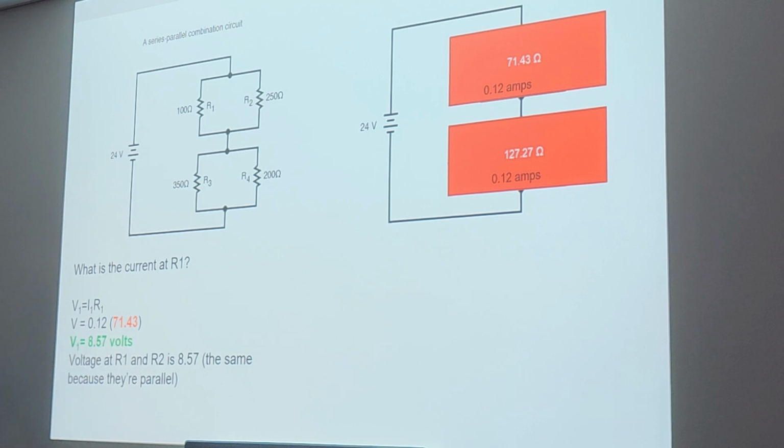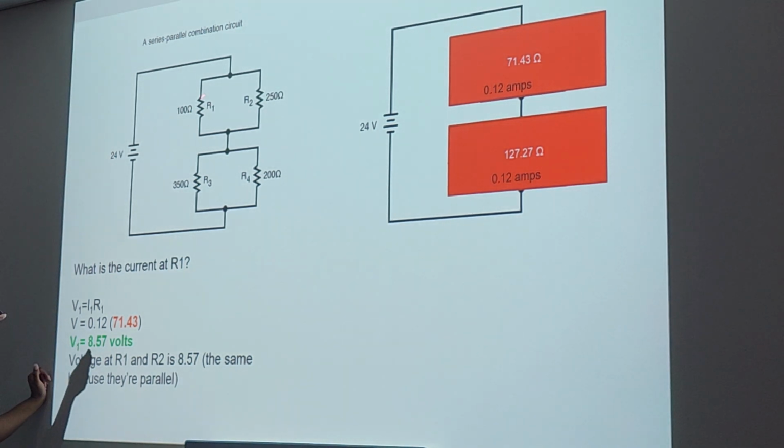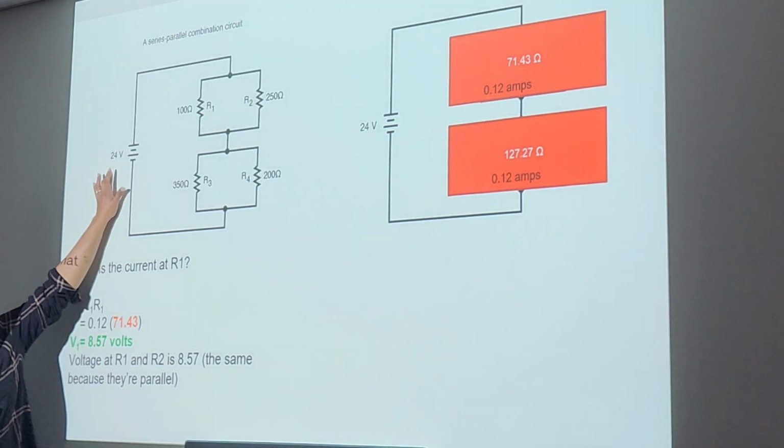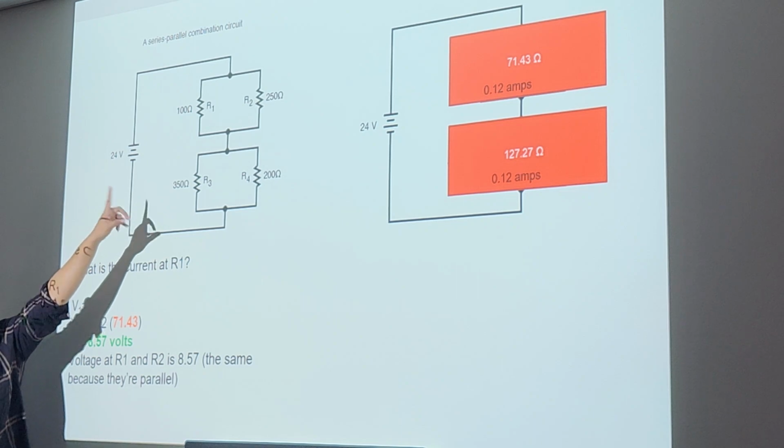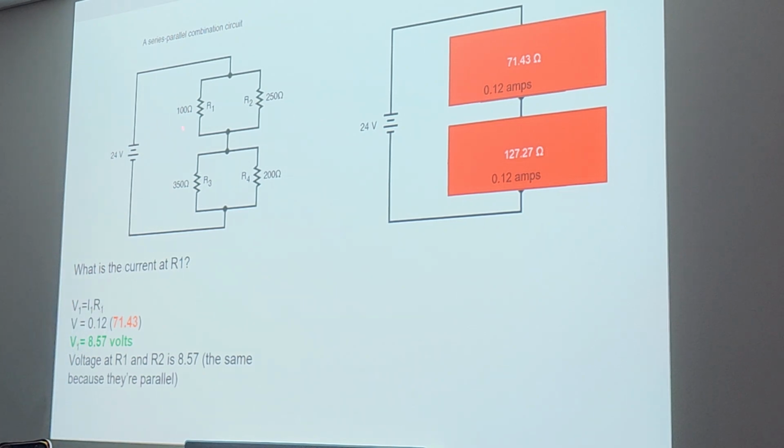And what is the current? Okay, I'll explain again. So we're asking you to find the current at R1, right? In order to find the current in this section here, you have to find the individual voltage. You can't just use this one, but that's a parallel circuit, okay? So how do we find the voltage in this specific area? What numbers would you use? The resistance total above, the resistance and our current,